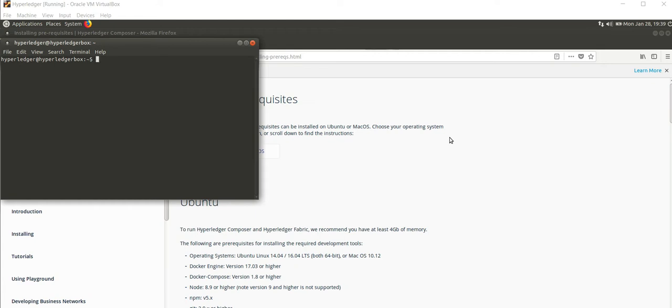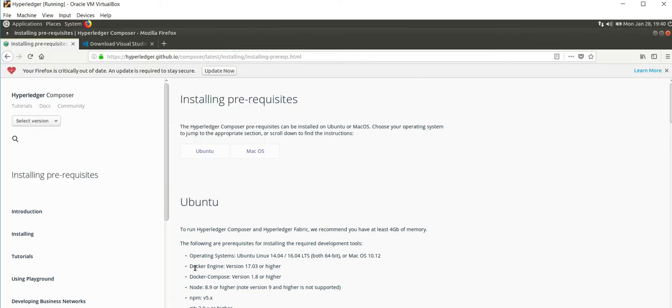Okay, so I'm in my Linux virtual machine environment and let's get started with today's agenda. What we saw in the last part is that we downloaded the prereq scripts and then we ran them, and the prereq scripts actually downloaded all these parts. These are Node, npm, Git, Python, etc. We saw that, and we also went through a few of these. And in this part, let's start with development of our